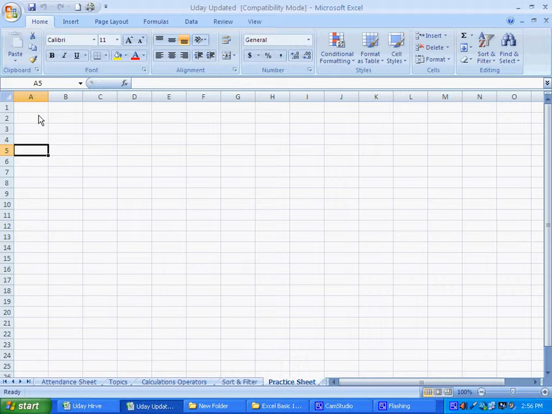What is happening? Your cursor is going down. This dark part which is going down is called the cursor. As soon as you press down arrow on your keyboard, you can move downwards on your Excel spreadsheet.